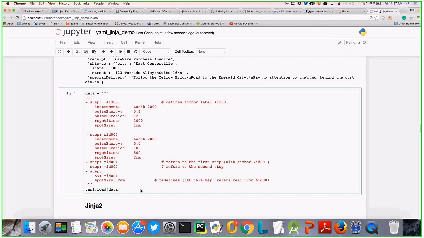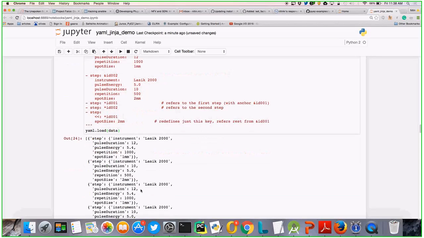Now this is a similar example to the way we had in the last one. You can see we are providing an ID to a step, and this second step has another ID. Those IDs are being used here. But in the last step, you can see we are using this kind of keyword, which means I want to use the ID of one, but I want to change the sport size. That is kind of polymorphism, the way you inherit things but want to change some of the function behavior. That kind of flexibility you have here. So you get this whole data or a big chunk of data, but I just want to change one of the values out of that. So I can do that this way.